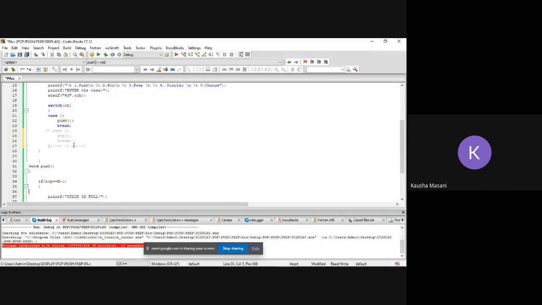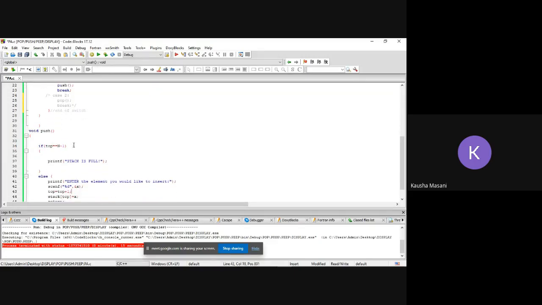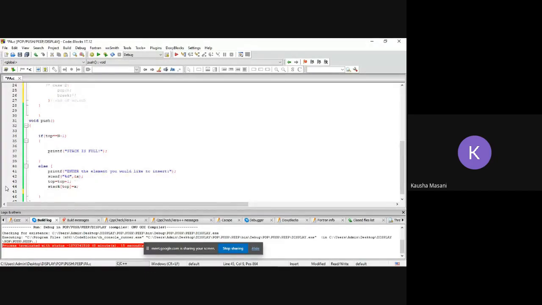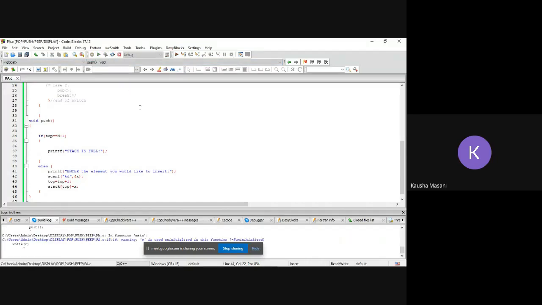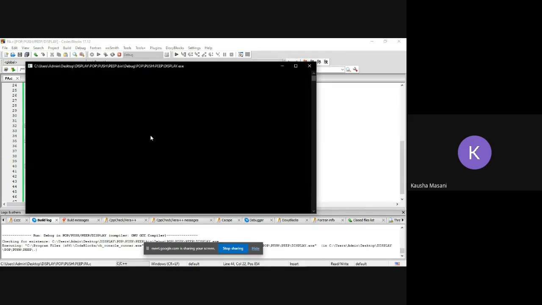Void push, top equal n-1. Enter element you'd like to insert, top plus 1. Yeah, remove that return. Okay, run the program. While C, okay, you have not given what that C is for.